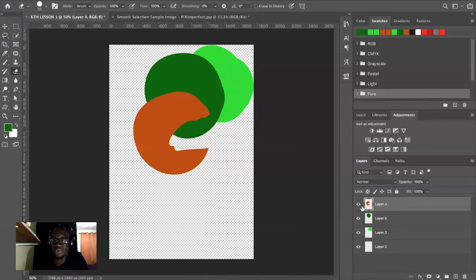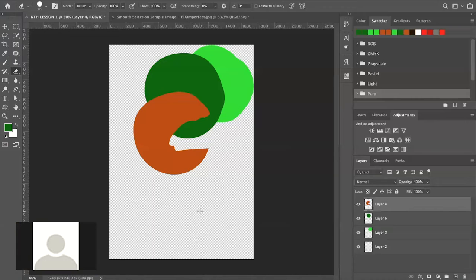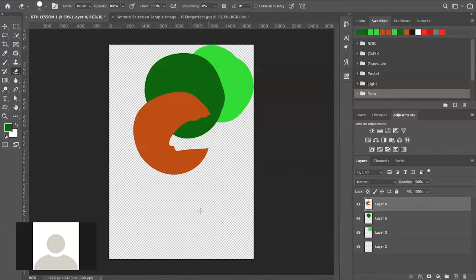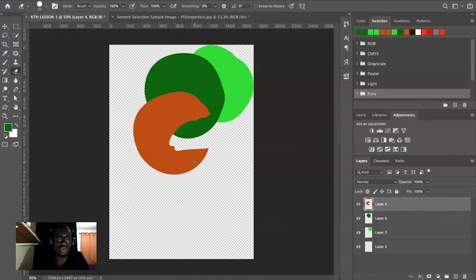Yes, please, using my eraser. So if you want to clean this now, when I clean and I would want to go back, for instance, I've gone through about 50 steps ahead, but I realized that no, I don't need to clean. So I want the shape back. The moment I clean with the eraser, I wouldn't be able to get it back again. So the best thing to do here